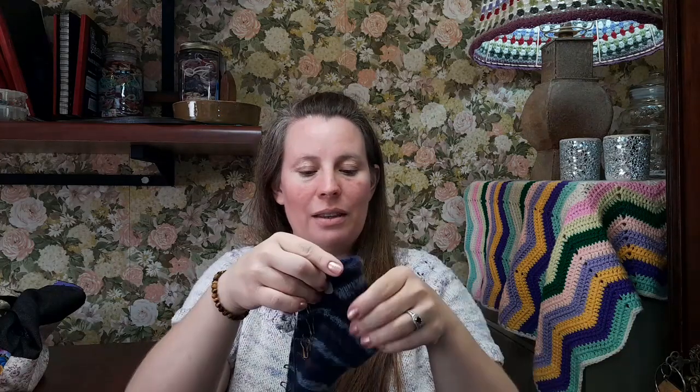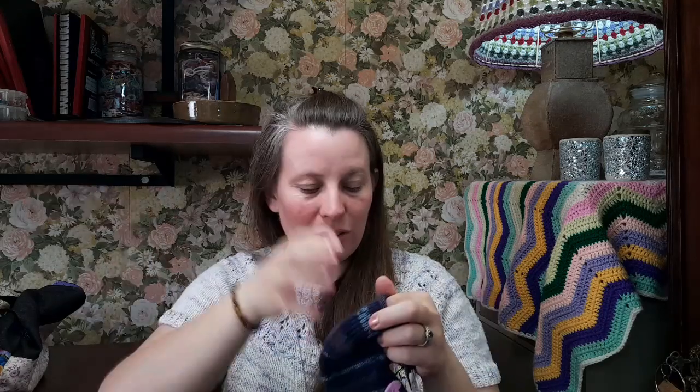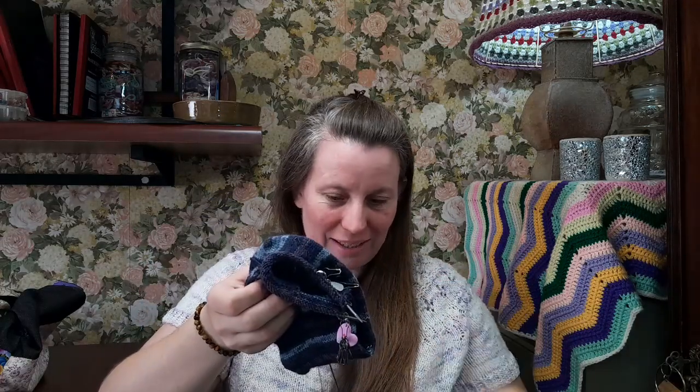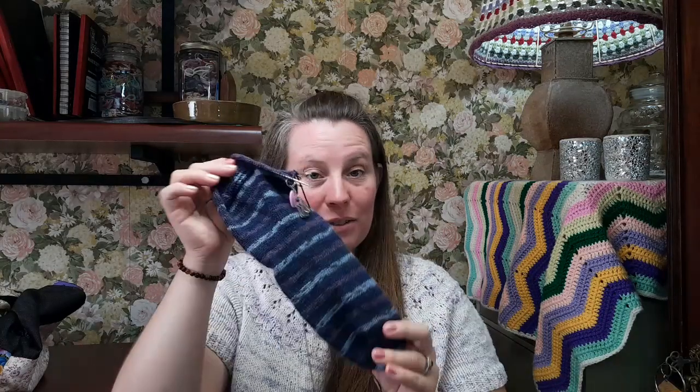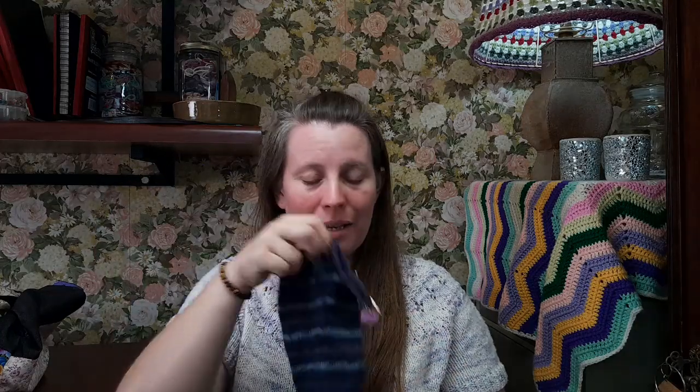Right, so that is the sock so far, and I'm just loving knitting socks, so there's not much to say about it. I'm enjoying knitting on it. That's just about it. I love this colorway actually. It came out very nicely. I'm not sure that it reminds me of a snowflake, but